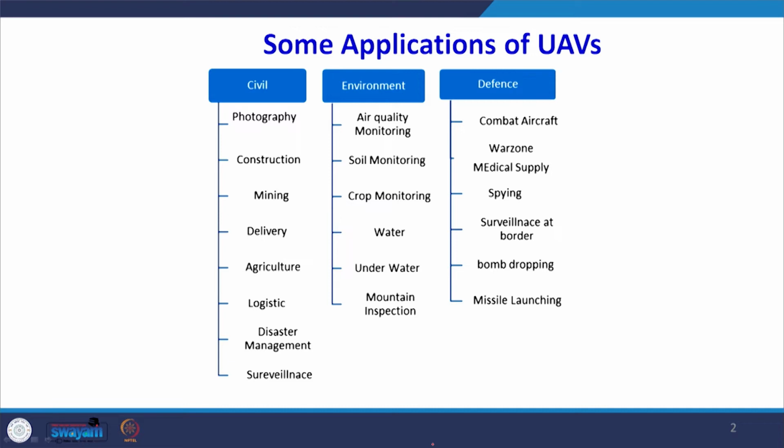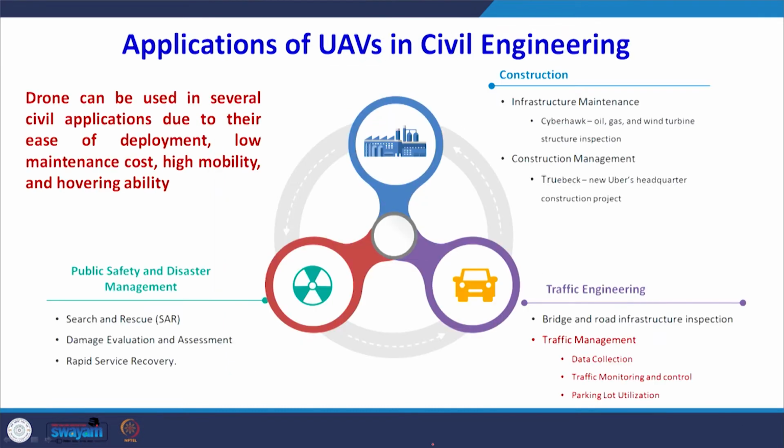Here, if we are talking about the civil engineering subject as a whole, there are some examples listed in this slide, and these examples are related to the construction industry, which is the core area of a civil engineer, whether we are talking of the monitoring of the structures or the infrastructure maintenance part of it. Traffic engineering is another area, traffic management, who is violating the rules. These are all things that can be monitored with the help of drone technology.